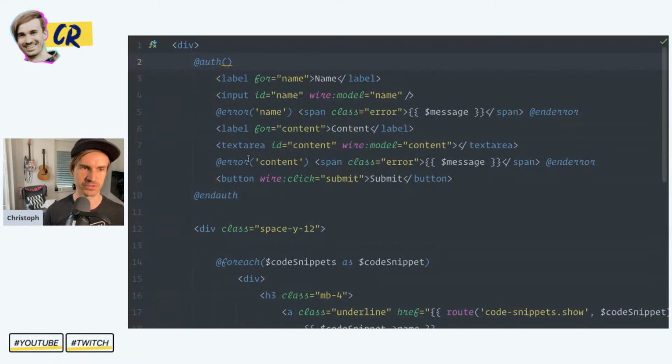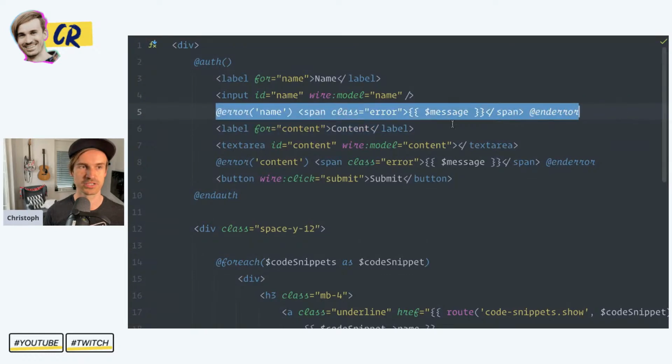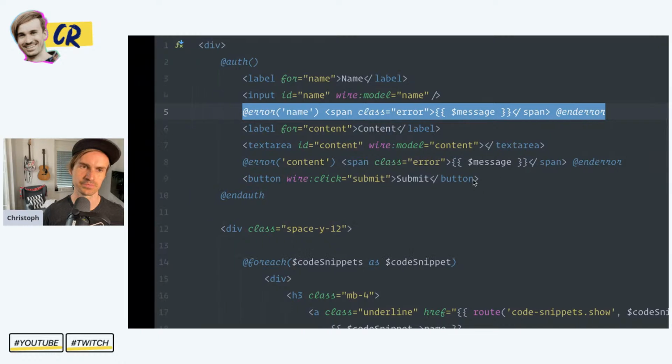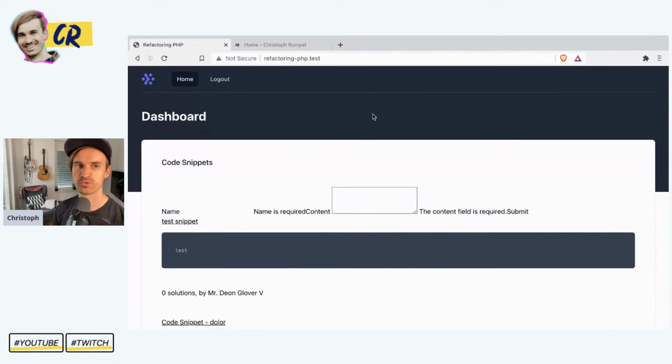So let me see. So here we have our error messages. Okay, so that's inside the form. Of course, we could put it in here as well. But what if we want to add a kind of banner? So let me think about this. If you want to add a kind of banner, it would be outside of our component. And if we want to interact with something outside of our Livewire component, we have to